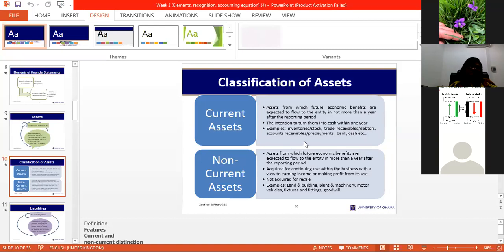At other times, some customers would also have paid in advance, before they even pick the product, or they want to deposit the money. And I cite the example of your school fees. Some of you may have even paid for the whole year. In that instance, the University of Ghana will capture that as a prepayment. You have paid before the rendering of the service or the product being sold to you. You have paid in advance, and that is also allowed.